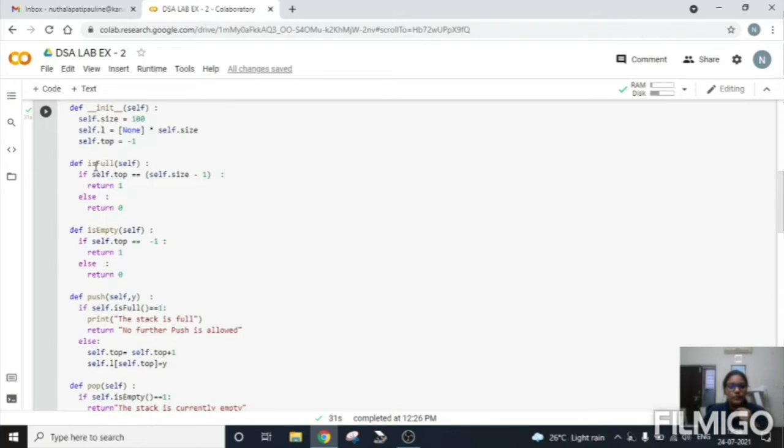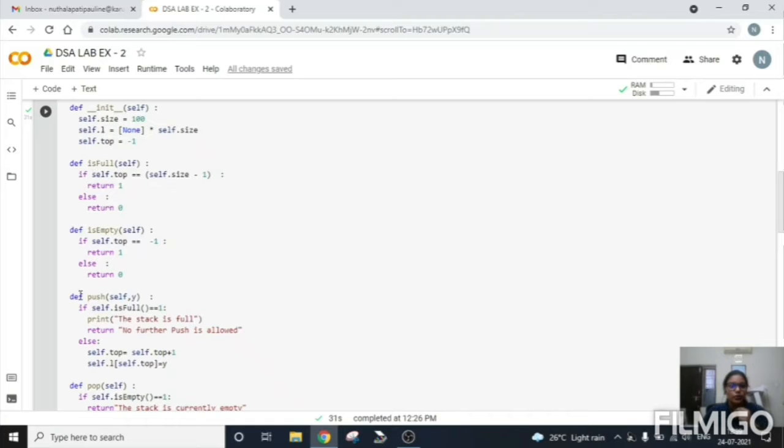As we all know, the isFull function is used to see whether the stack is full or not. If the stack is empty, it keeps the top as -1. Otherwise, if the stack is full, it is going to give an output such as the stack is full, so no push is allowed.